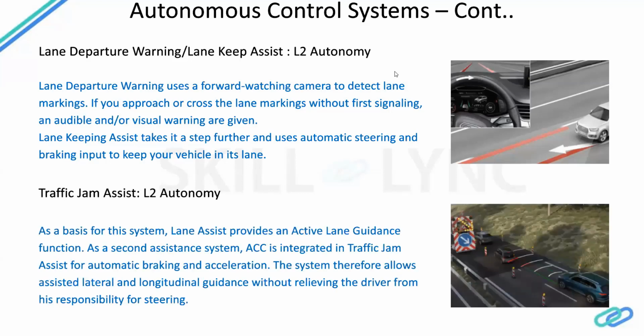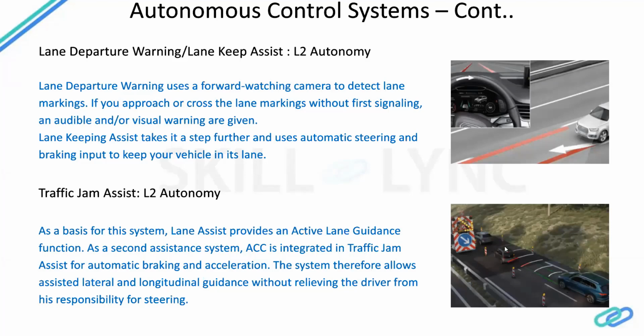So here we have coupled the lane keep assistance system and the ACC system. From the previous slide, if you remember the adaptive cruise control system, these two are merged together to create a traffic jam assist system. So what will happen is, the ACC can become handy when you are driving and the vehicle ahead of you stops completely, and as soon as it starts moving, your ego vehicle also starts moving in that direction.